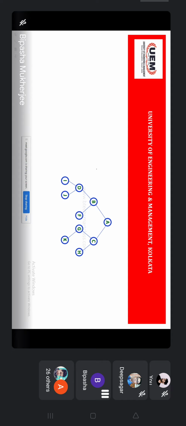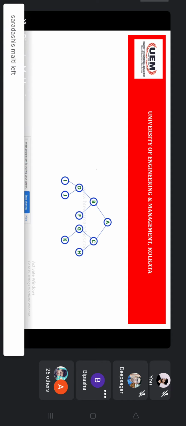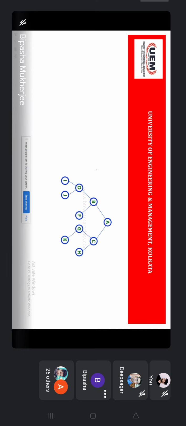Now, how can we achieve this non-recursive traversal? For that, we will use the stack. Now, normally, what do you know? We have VLR, that is our pre-order.